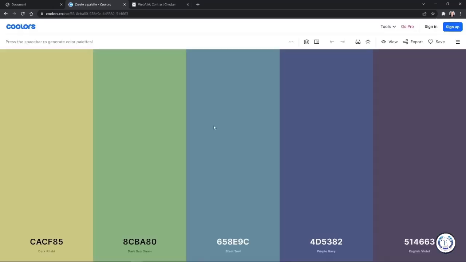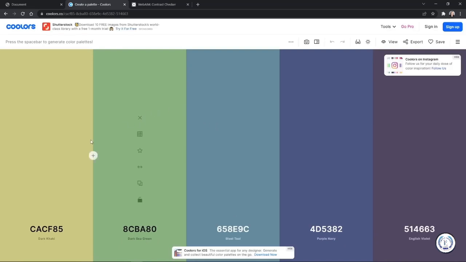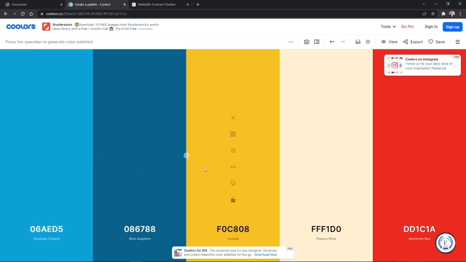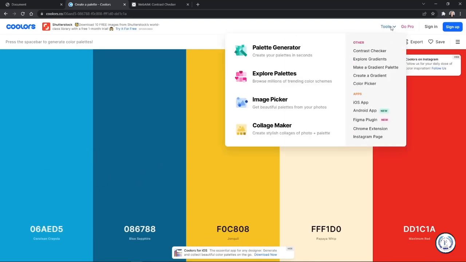It takes it just a minute to fire up, but then you can choose these color palettes or press the space bar to generate all new palettes, tell it which color you want to keep and which ones you want to get rid of, and then you can just copy these colors. Here's a copy right here to copy the hex that it shows there, and so on. So this is a great source for picking colors, but what I really like on this site is the contrast